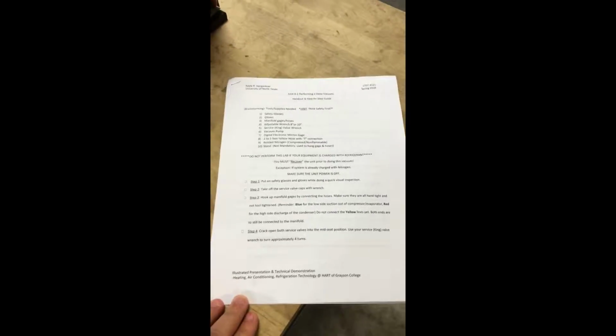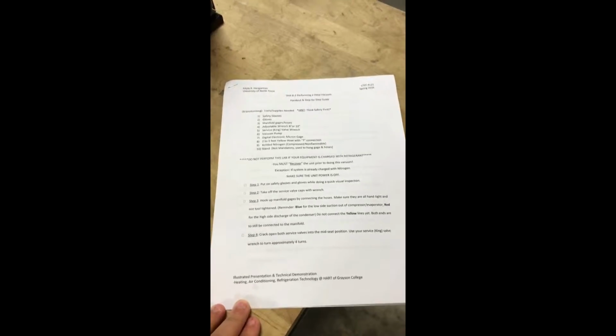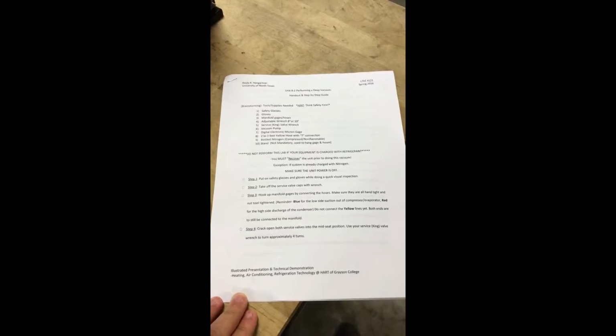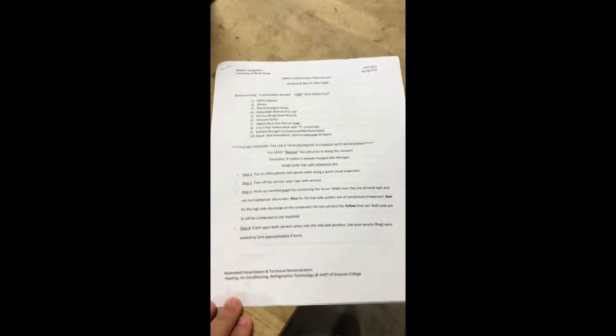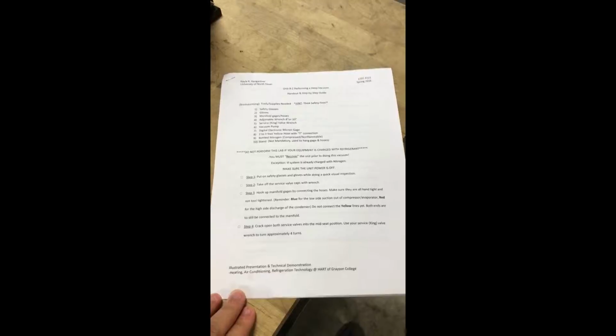First we have the handout. It's for the step-by-step guide that I made in a checklist format for the lab. This is for my illustrated presentation and technical demonstration for the LTEC 4121 Spring 2016 semester at the University of North Texas. So I printed this up and I made a pretty detailed list of just the basic steps of